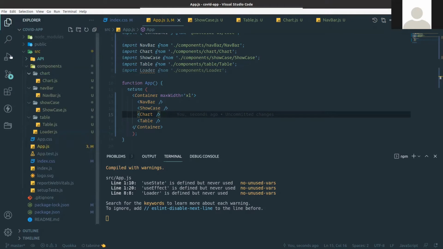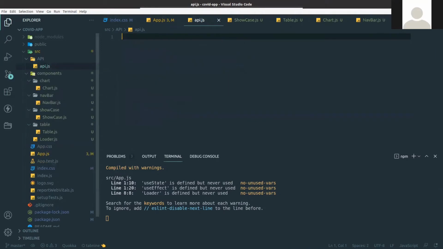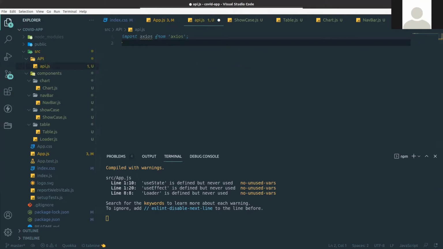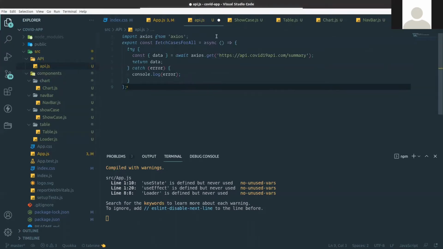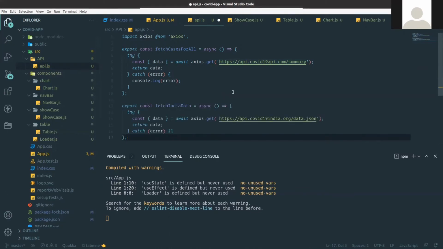Then create another folder, that is API. In that folder I'm going to create one file, api.js. In that api.js I'm going to create, I mean I am calling, these two APIs, one for global and another one for India. Global will return the country data and India will return the state-wise data. So this is for the global one. That's why the function name is fetchData for all. Then I'm going to use Axios, and that API is that one. You can see what the API is, and another one is fetchIndiaData, that is another function. This function is responsible for getting all the state-wise data from that Indian API.